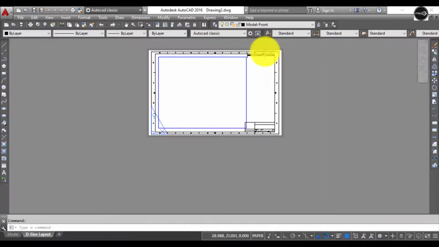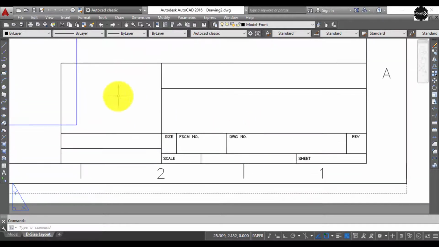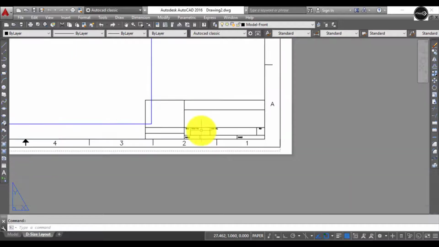Now if I go to the bottom of the default template, you can see the drawing number, sheet number and so on. Now this is called the default template in AutoCAD. If you want to customize AutoCAD or the template, we will see that in the coming tutorials.